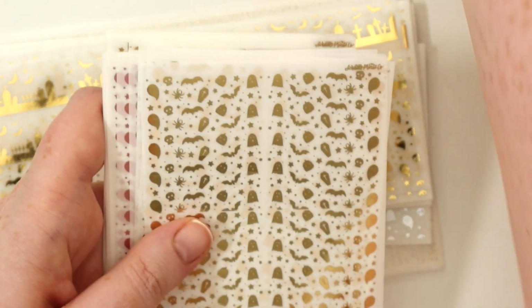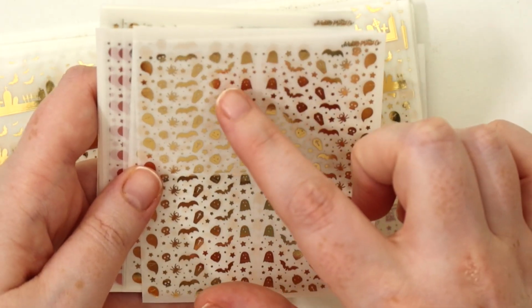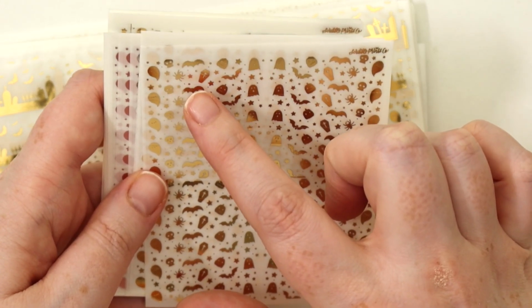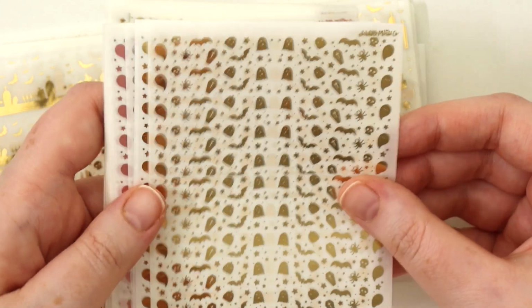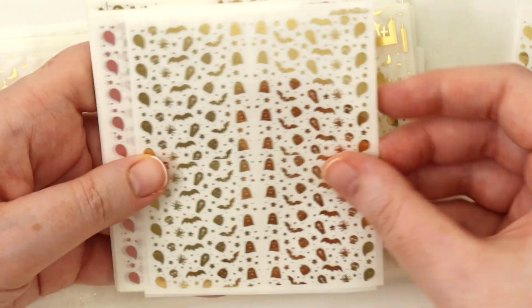But my brain has completely blanked. Yes, it's the same. So you have little ghosties and pumpkins and bats and coffins and spiders and skellies and stars and confetti. So plenty to bring in here, but I got 2 of each,